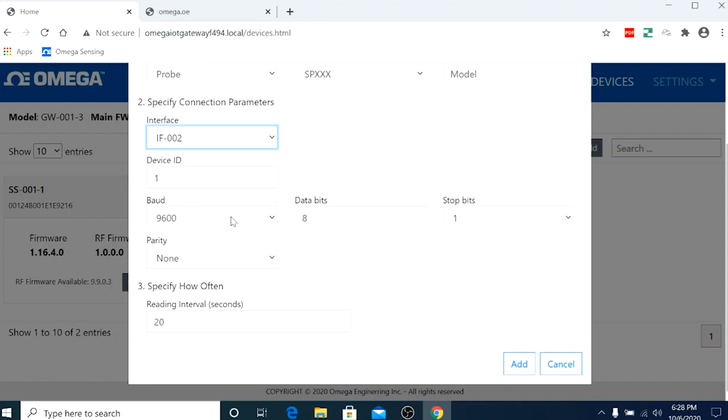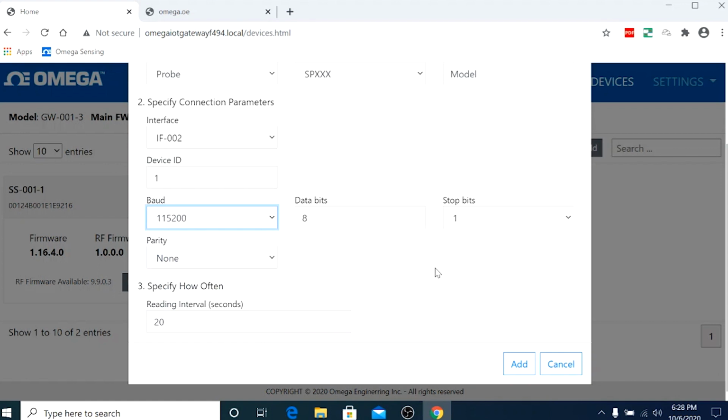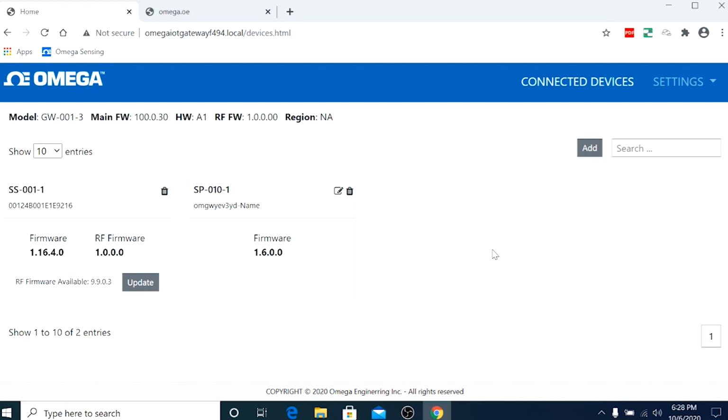The baud rate should be 115200. Data bits should be 8. Stop bits is 1. Parity should be even. And reading interval should be 120 seconds. You will be able to find all of this in the quick start guide of the IF002. Now just hit add and hit refresh, and you should see our device pop up right there with our name